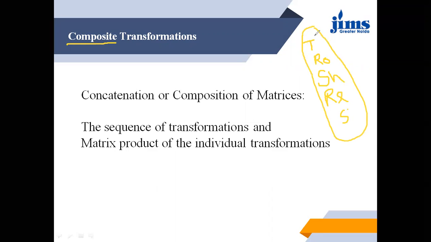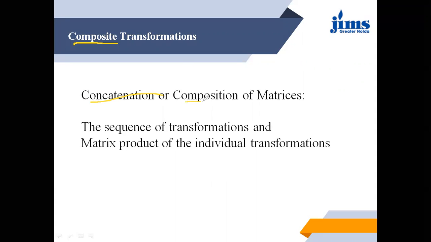So suppose first I want to perform translation and after that I want to perform the rotation. Or first I want to perform the scaling, then I want to perform the rotation. So when we have to perform more than one transformation at a time, that is called composite transformation, meaning a collection of more than one transformation. This is also called concatenation,